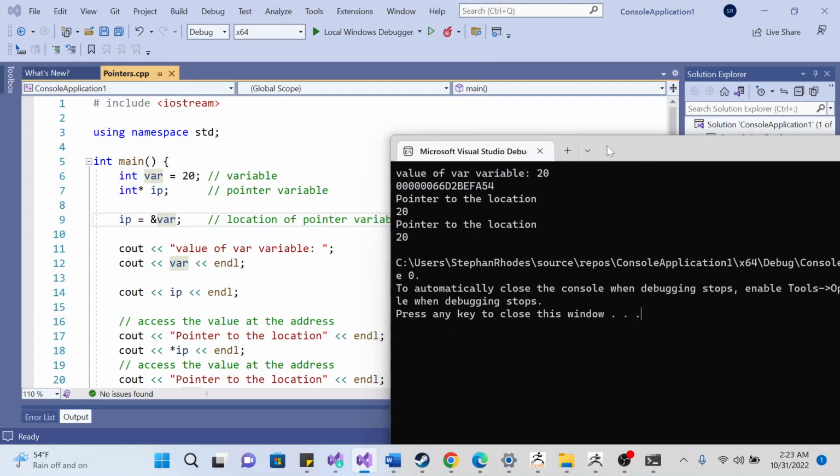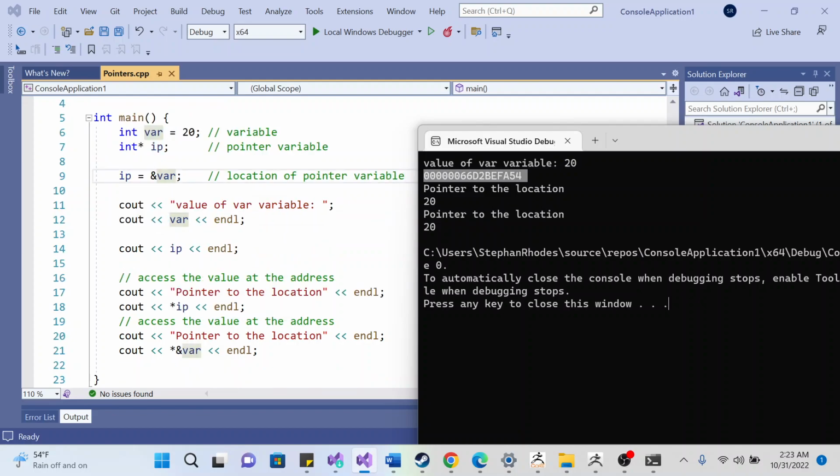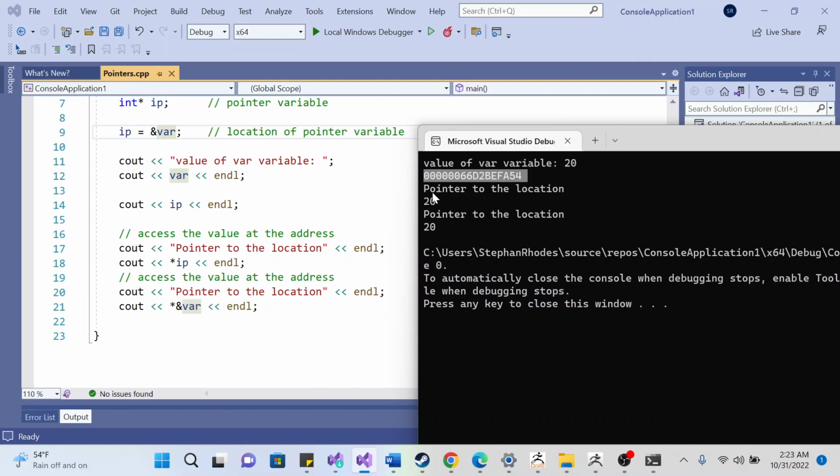As you see right here, the value of the var variable is 20, which is shown here. And we see the location of the variable, the value of the location, which is printed out as ip. ip is the location of the pointer variable. And then if you go down there, the location of the pointer,